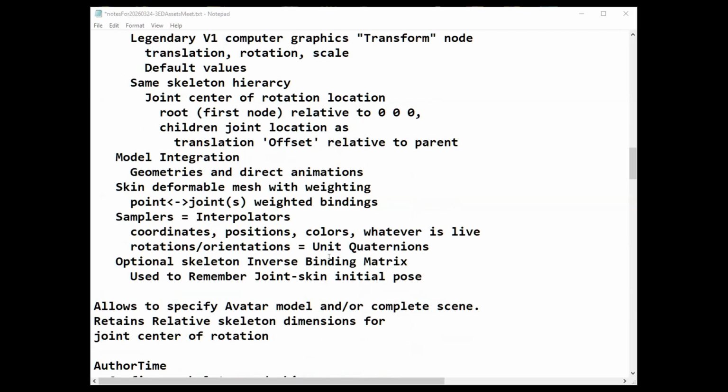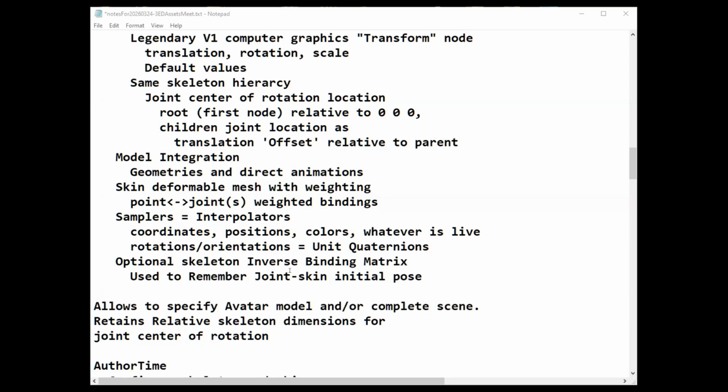Rotations and orientations are unit quaternions rather than Euler angles, so it's what they use at compute time. That's what you expect. It also has this inverse bind matrix, which in my mind is a matrix that remembers the joint skin initial pose.